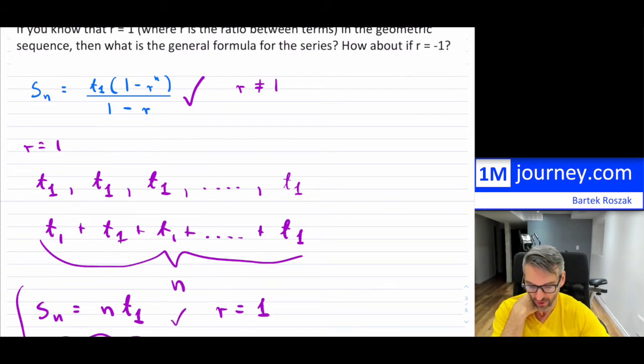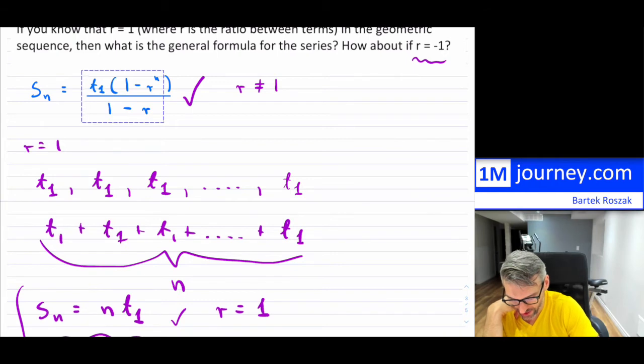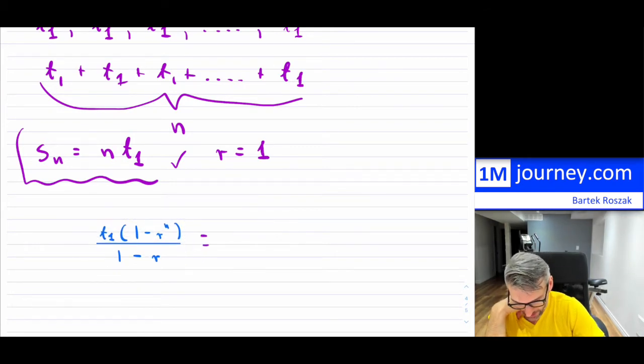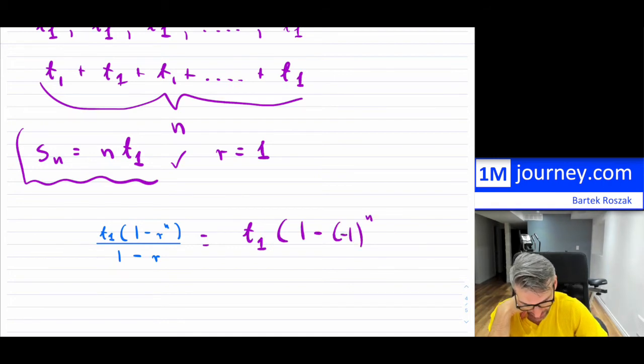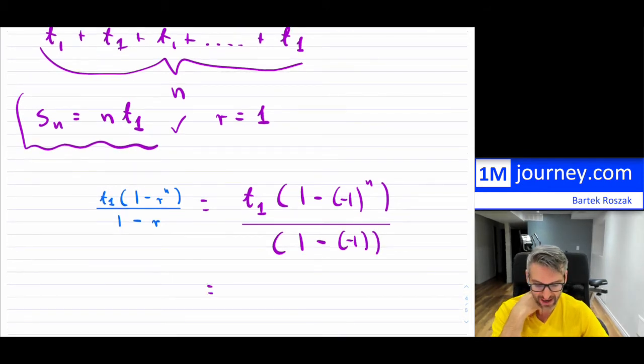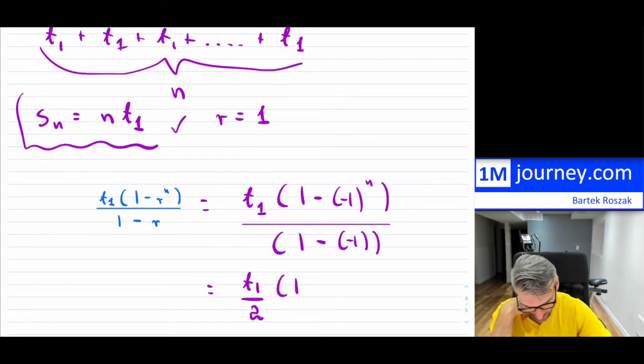Now, if it's negative 1, then it's not a big deal. Because if it's negative 1, we can just go back and actually use this. So if I copy this, let me bring it down. The reason why I say it's not a big deal is that I can substitute negative 1 into here, and 1 minus negative 1 into the denominator. So in the denominator, what you will have is 2. So this is going to be t1 over 2, and this is going to be 1 minus